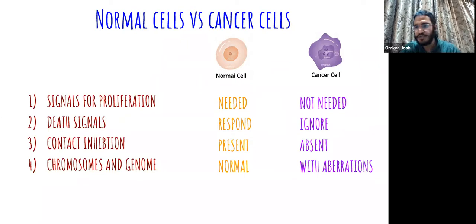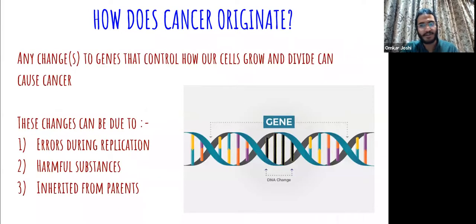And chromosomes and genome is something that I talked about earlier. And as I've told you, there is a lot of damage to the chromosomes. The genome basically means the entire set of the chromosomes that a cell has, right? So the cancer cells will have a lot of damage to their DNA, which is why they are able to proliferate. And this is a good point to then ask, okay, chromosomes have gone haywire, there is a lot of damage, but then the question is, what is this damage? And before going to that, I'm going to stop and see if there are any questions.